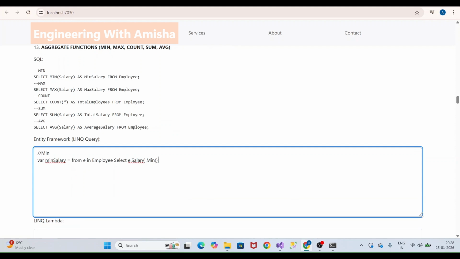So by using the min function, we can calculate the minimum salary. Now, similarly, for the maximum salary, we have a max function. So it will give us the maximum salary, and to count the number of employees,